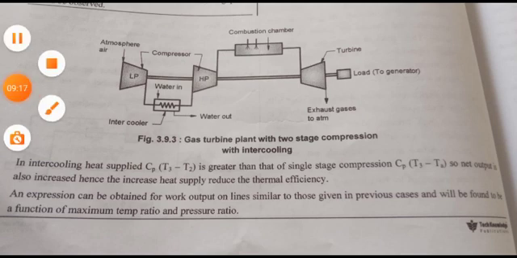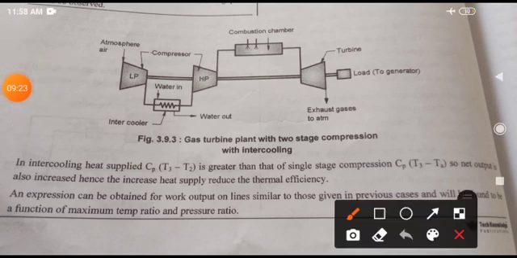There are two turbines used. Okay, the low pressure compressor, in which air is pushed to somewhat higher pressure, then the intercooler. Because of compression the temperature of the air goes on increasing, because it absorbs some mechanical work. Therefore intercooling reduces the volume of this inlet air. That's why it makes more air available for high pressure compression.